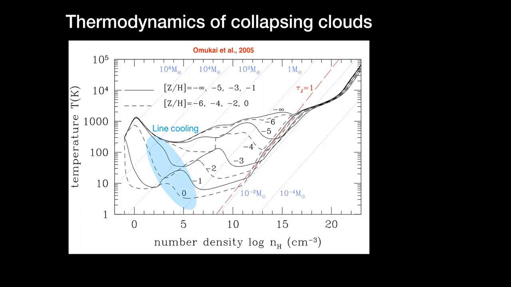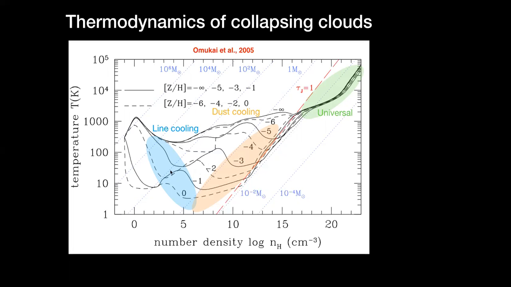It is also important to mention these important features. In the first phase, the line cooling is playing its role. In my first slide, I represented the idea that the metals are playing their role at a lower density. So the metal line cooling is available in this region. And when the gas is getting dense enough, it starts experiencing another phase of cooling, which is the dust cooling. It kicks in at a higher density level.